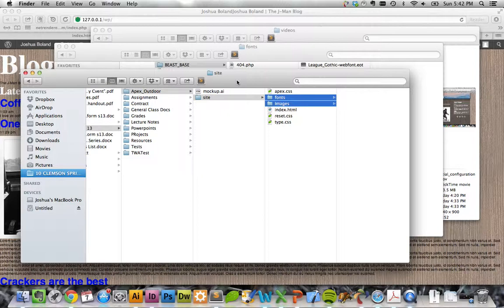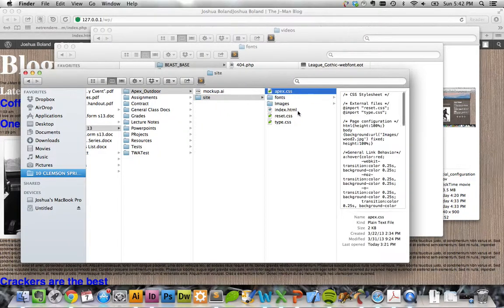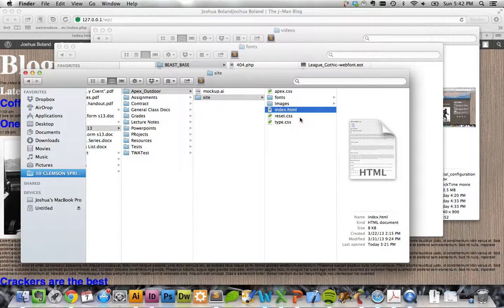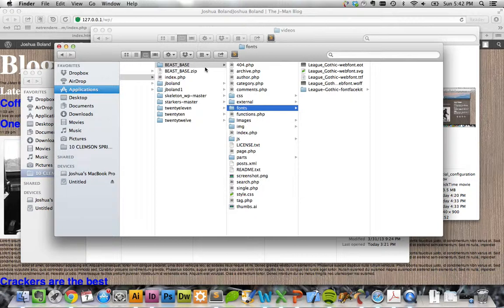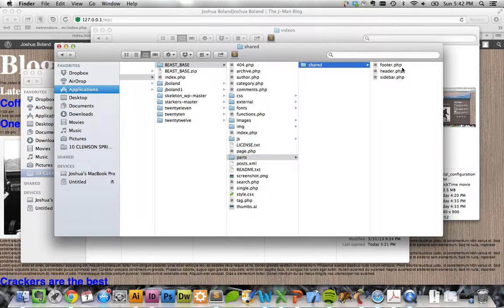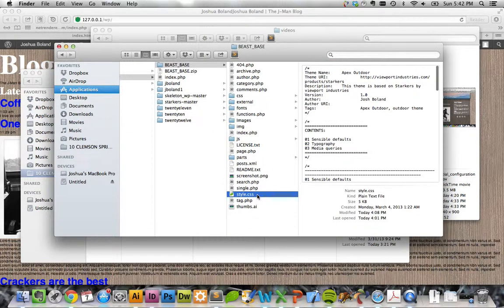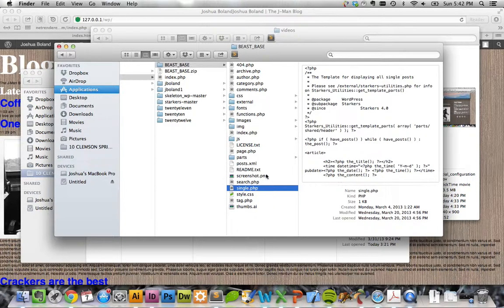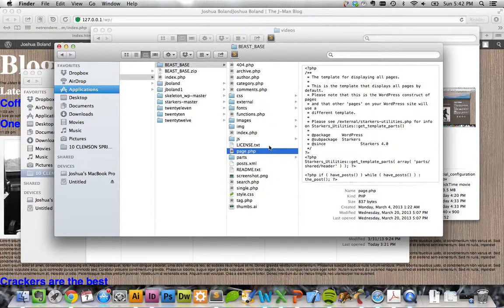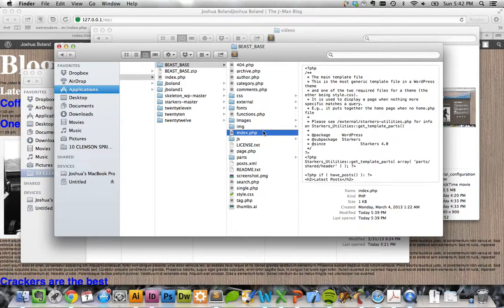So I've already got all these things open in my code editor. I've opened for my hardcoded page my index.html and my various style sheets. From your theme, you're going to want to open first in the parts folder, shared, all three of those files: footer, header, and sidebar. So you open those. You already will hopefully have styles.css open. If not, go ahead and open that file. Also open single, page, and index.php. And those are the files we'll work with